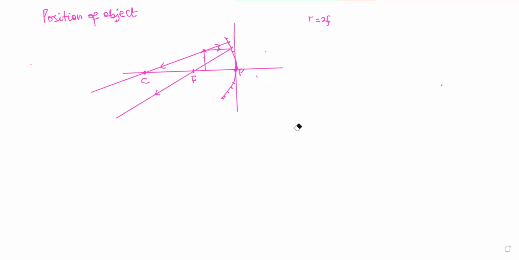So let's extend the reflected rays backward to see if they can possibly meet. So when we extend this and we extend this,